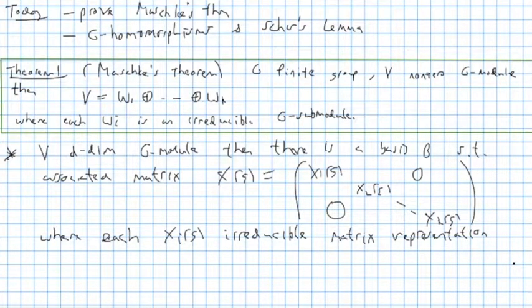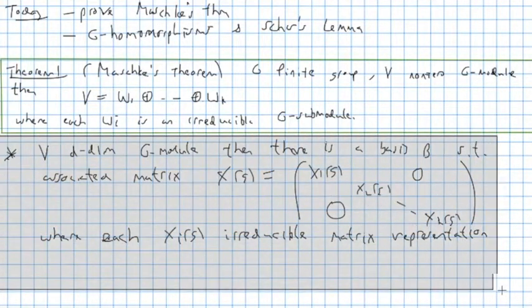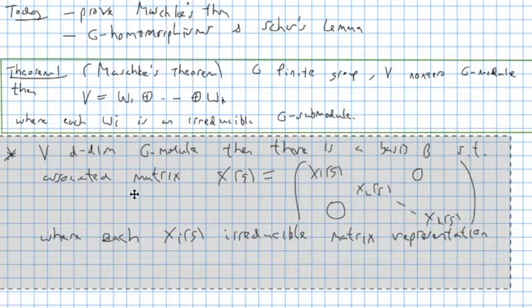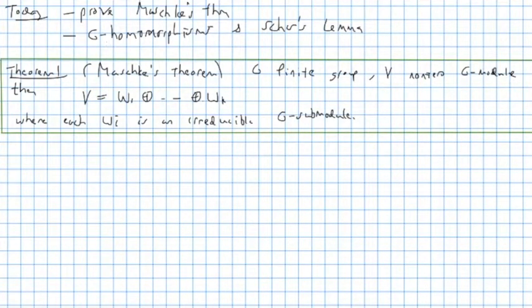Okay, so that's equivalent to Maschke's theorem. That's what we get from the matrix representation. But we want to give a proof of this result. Okay, so let's go ahead. We're going to proceed by induction on the dimension